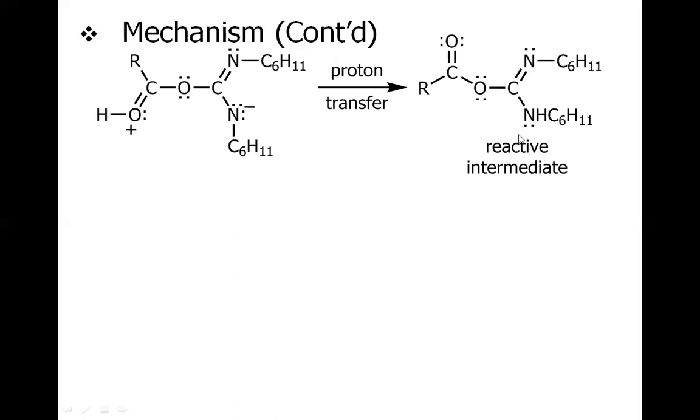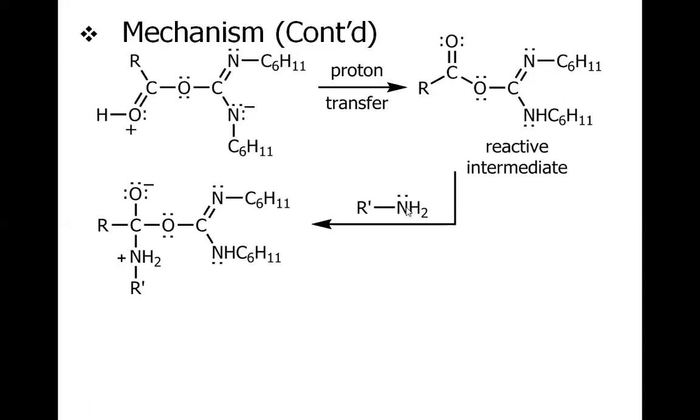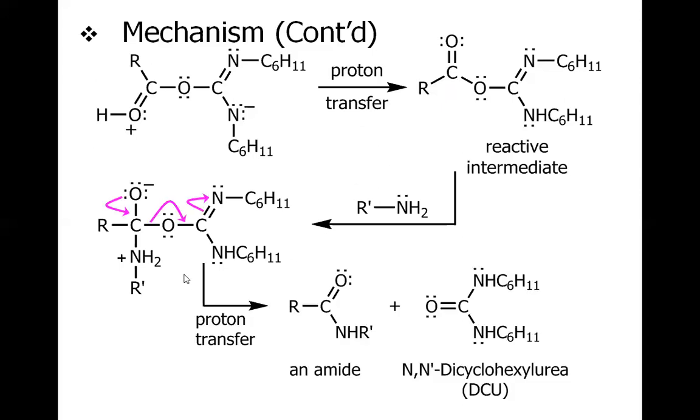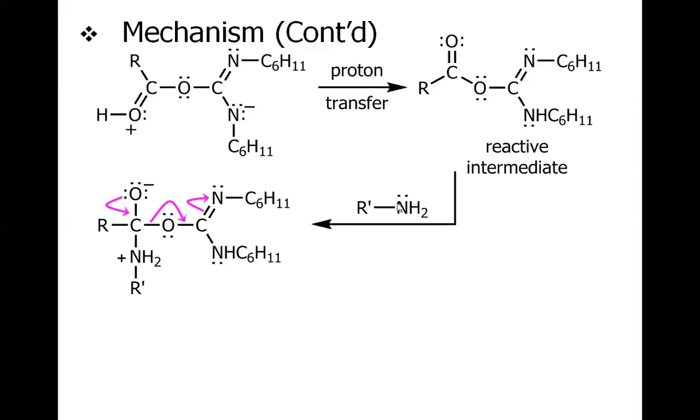And this intermediate is very reactive. If you consider this portion I'm circling, it was H when we started, because it was a carboxylic acid, R carbonyl and OH. So in place of H we have this larger group. So when the nucleophile, that is the amine in this particular case, attacks this carbonyl carbon, like this nitrogen lone pair attacks this carbonyl carbon, we have this breakage of the pi bond and O negative here.